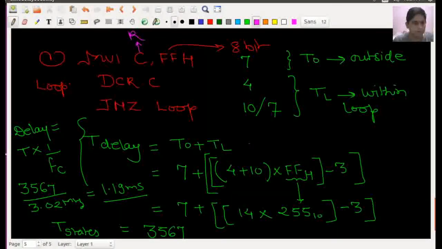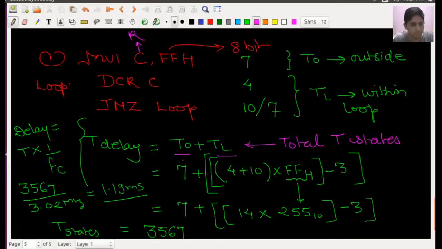The second step says that you have to calculate the total T states consumed by the program. We have taken two types of T states: first, outside the loop, and second, within the loop. Outside, this MVI C, FFH will take a total of 7 T states, but internally the loop will run up to the maximum count value.